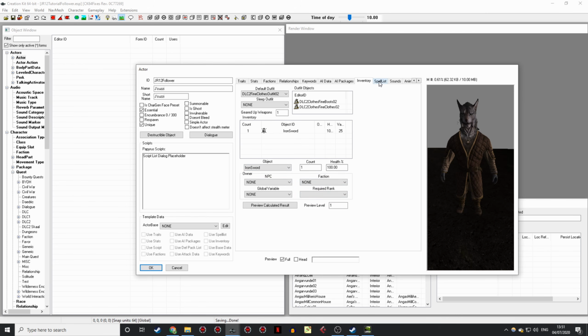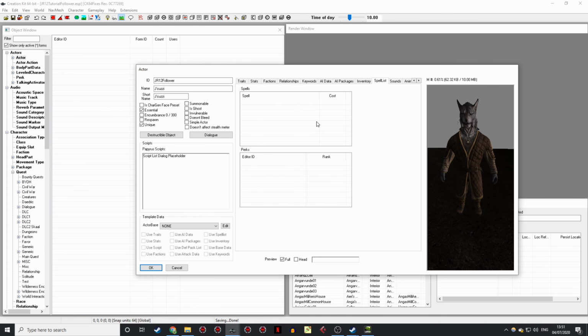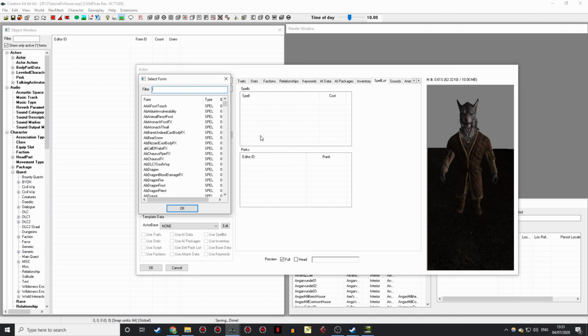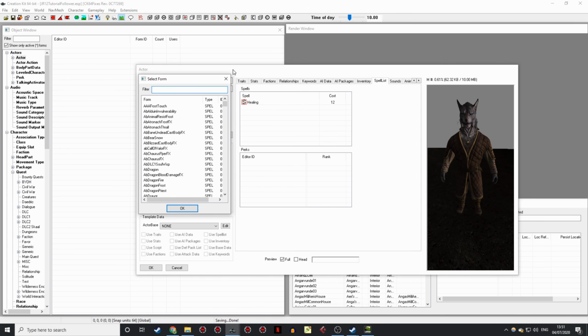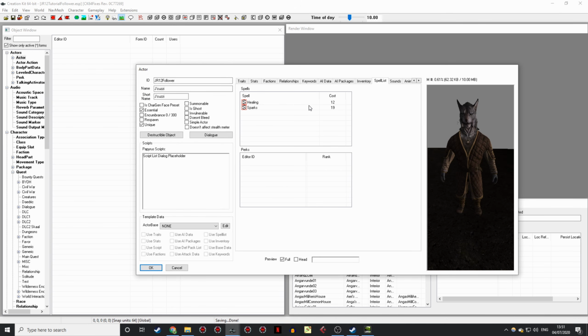So now on to spell list. These are the spells that your character learns. I recommend starting them off with a couple. Give them healing. That's quite handy if they can heal themselves in a fight. And you may also want to give them a projectile spell. So let's give this guy, maybe let's give him sparks. So he can throw around a little bit of lightning. There you go, healing and sparks. That ought to do for now. And don't worry about any of the rest of these tabs. They're no good to us right now.